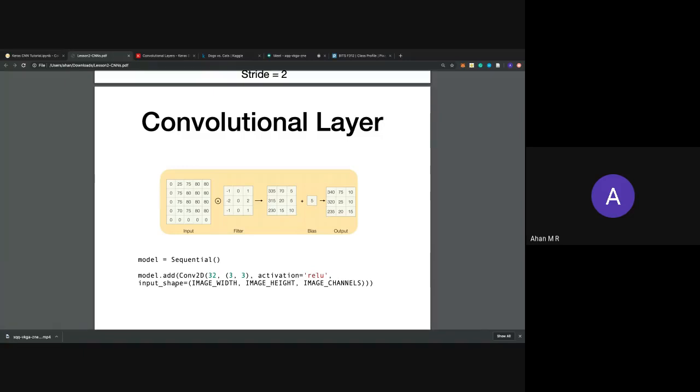And input shape. It is important to give the input shape. You can always use none, none, 3. That particular input shape will take the input as it is, without making any operations. But what particularly happens is there's a lot of noise in the data, in the sense that different images will have different dimensions.